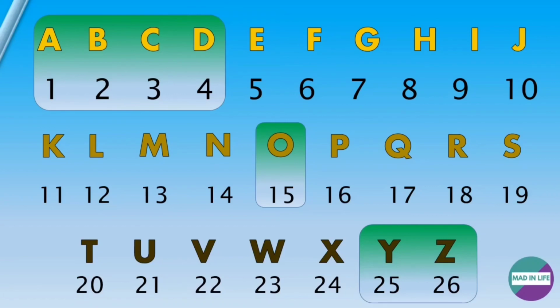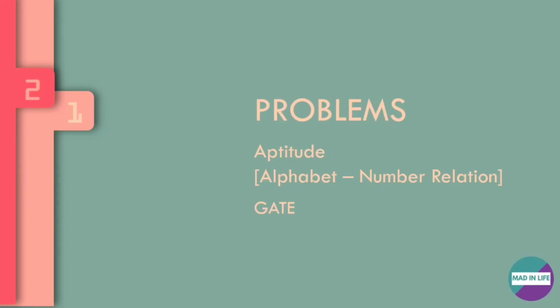So directly you must be able to say at which position the letter sits. Okay, let us see a few questions on this topic that have appeared previously in the GATE exam. So now these are the problems for aptitude alphabet number relation. What I told you, problems. Now the number equivalent is 16, 18, 15, 2, 12, 5, 13 and 19. Okay, practice yourself. You can practice with your name also.